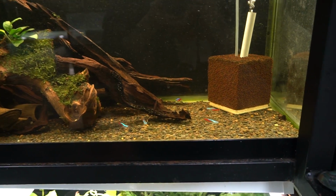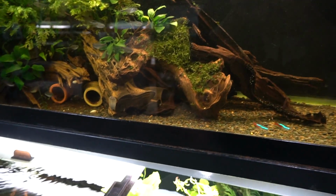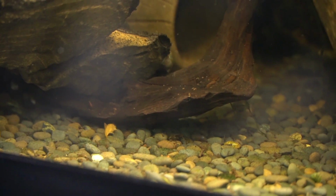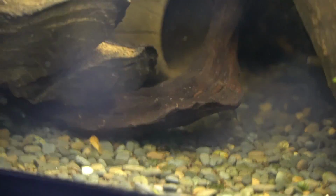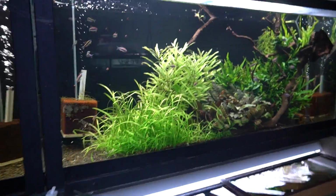My baby ancestors are doing well. Let's see if we can find some to show you. There's one. They're putting on size and doing well. I'm excited to have another, I think it's actually 2 spawns in this aquarium of the Super Reds. They're looking really good. Next door to them are the Carry Tetras,